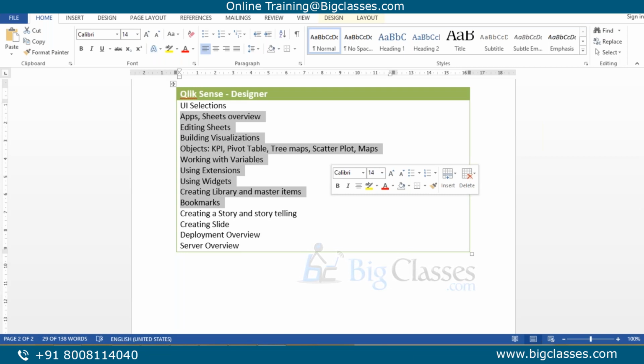In a QlikSense environment, it's not very clearly defined. So that's what I have seen in organizations as a business analyst. Generally, people develop into multiple capabilities in the organization. But a pure business analyst, of course, is someone who can understand the requirements from the business users, understand whether it's doable in Qlik,